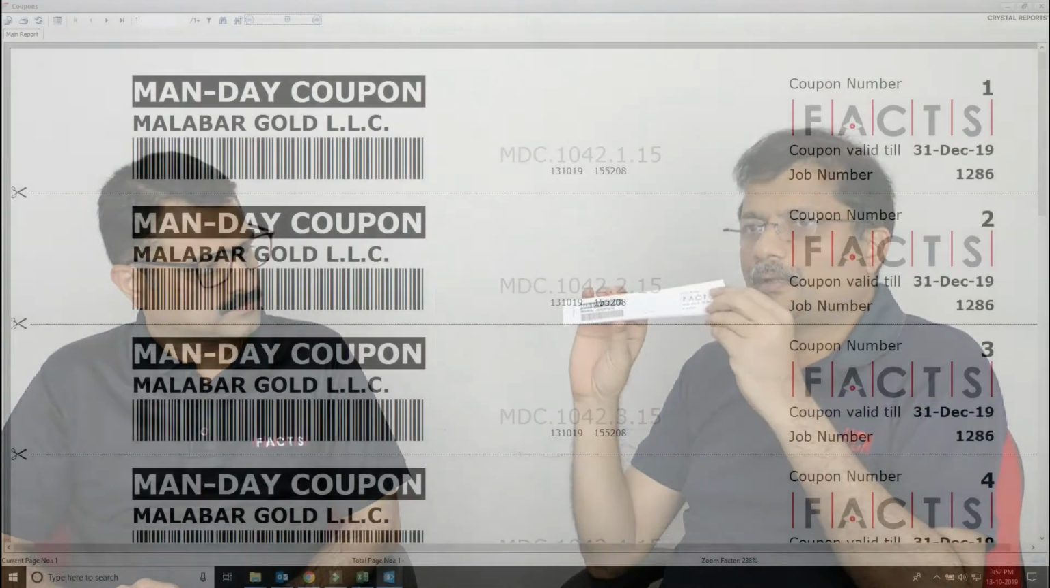There has to be a coupon issuance module. Monday coupons need to be issued. If the customer is asking for 100 coupons, we will print 100 coupons. Or if he is asking for 40 coupons, we will print 40 coupons. And this will be given to the client. So this Monday coupon has a